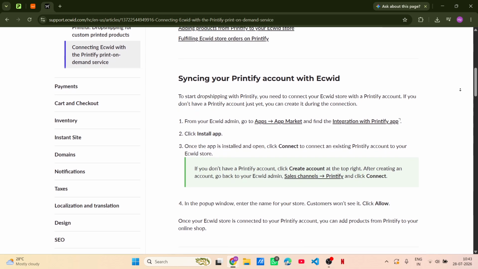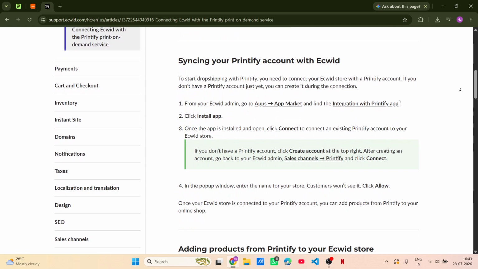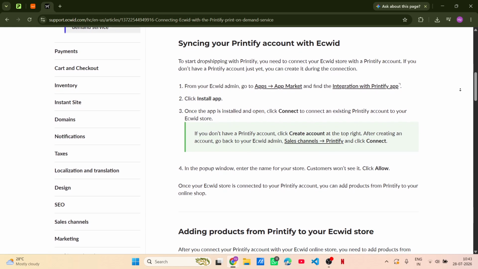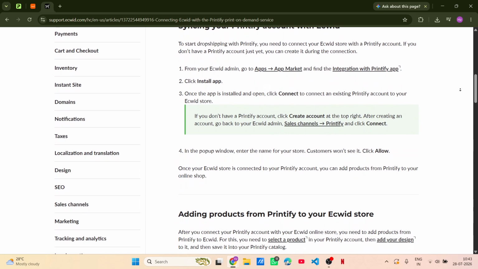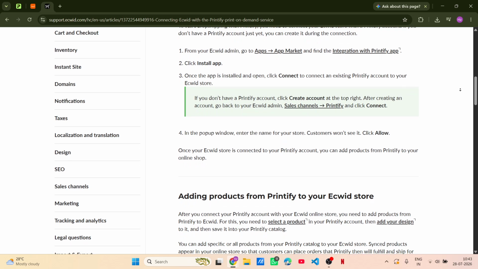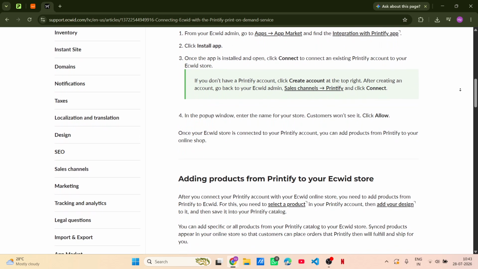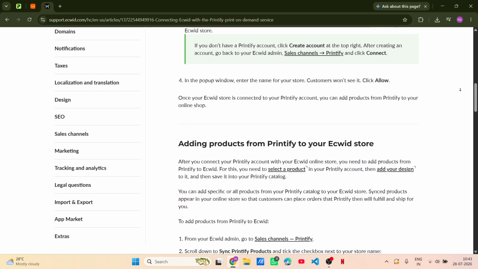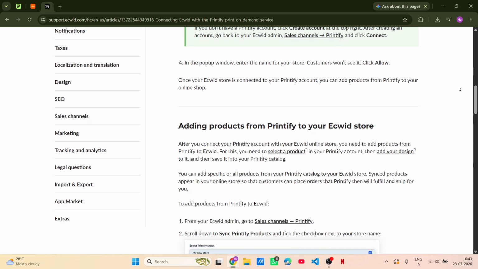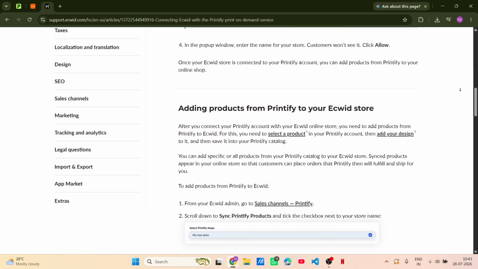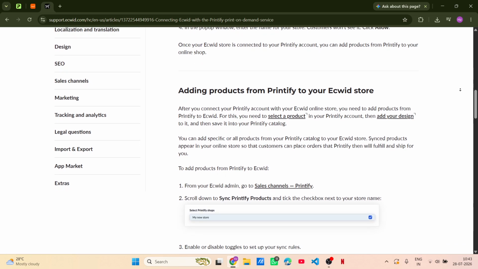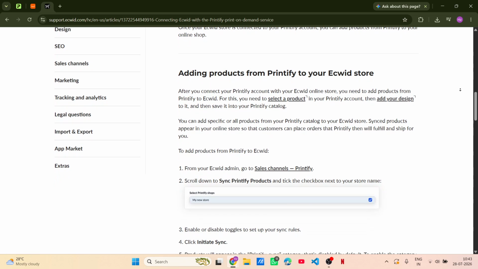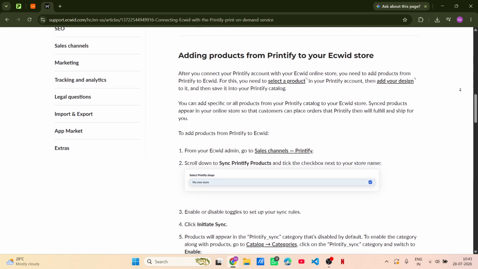Now that both accounts are ready, look for the Manage My Stores option in Printify. This feature allows you to connect various online stores and platforms to Printify. Clicking on this will take you to a new page, where you'll see the option to connect to Ecwid. When you click on the Ecwid logo or button, Printify will prompt you to authorize the connection between the two platforms. This step is essential, as it allows Printify to access your Ecwid store data, such as your products and